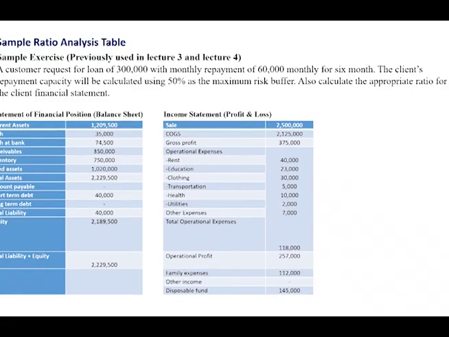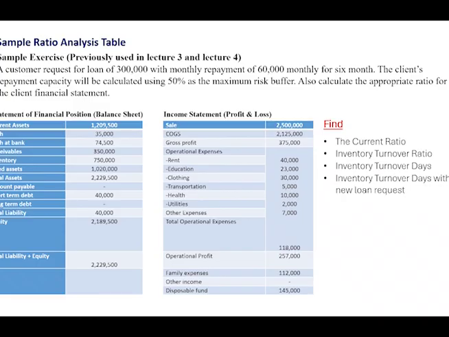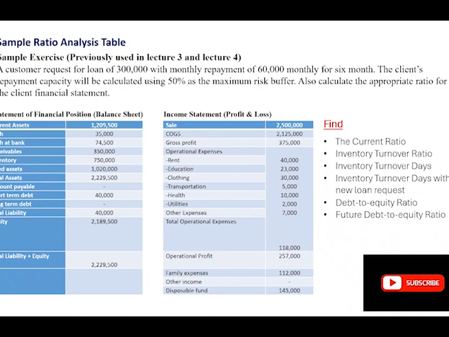It shows a customer who requests a loan of 300 with monthly repayment of 60,000 monthly for 6 months. The information on the balance sheet and the profit and loss has been used to populate the books of account. Using both customers' books of account, let's find the current ratio, inventory turnover ratio, inventory turnover days with new loan request, debt to equity ratio, future debt to equity ratio, return on sale ratio, repayment capacity ratio,